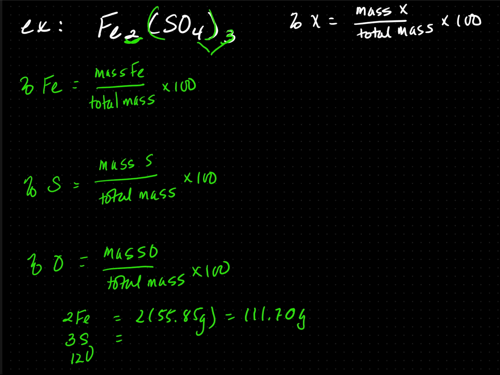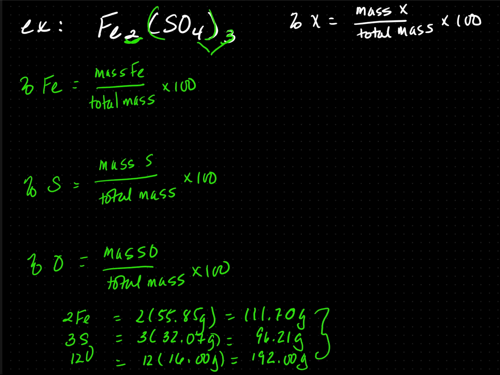Each sulfur is 32.07 grams, which equals 96.21 grams. There are 12 oxygen, which each weighs 16 grams. This is equal to 192.00 grams. If I add all of this up, the molar mass is 399.91 grams. So again, the mass of iron, there's 2 of them, so you have to do 2 times